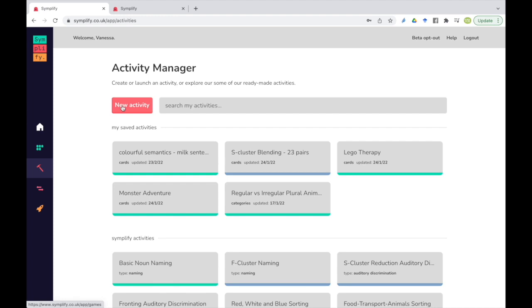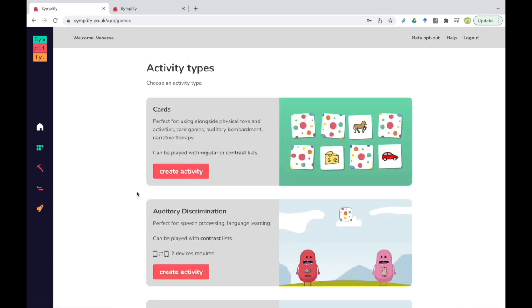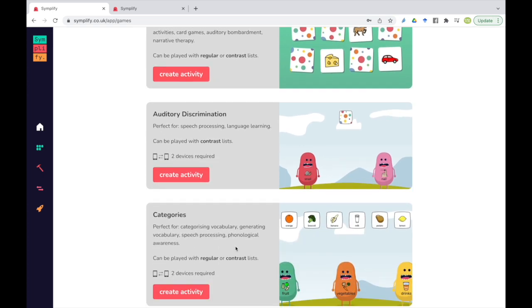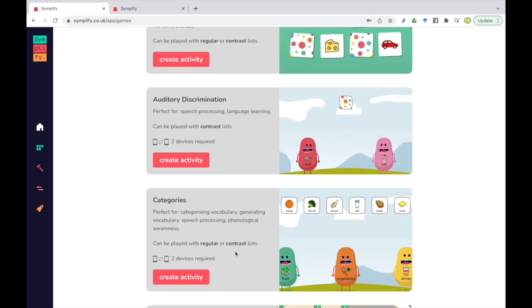It was just a quick game I wanted to do and not come back to, so I've not hit save that time. So you don't have to save them, but I find particularly if you're wanting to plan ahead and prepare an activity before a session, and I would say particularly for cards, categories as well. If you're setting up maybe 5 different categories and you want to give them all an image and text, and there's quite a lot of faff there, I guess. So it can be useful for that as well.